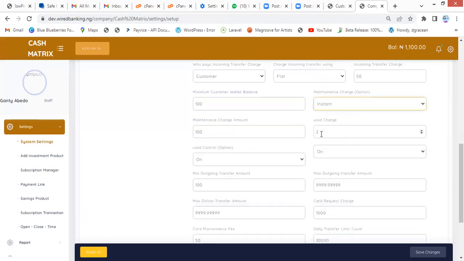So you're also able to set your USSD charge like usual. You're also able to decide if the customer will be enabled on USSD service at entry, or you have to manually enable them. A lot of businesses have actually complained to us about how, when their customer wants to transfer,